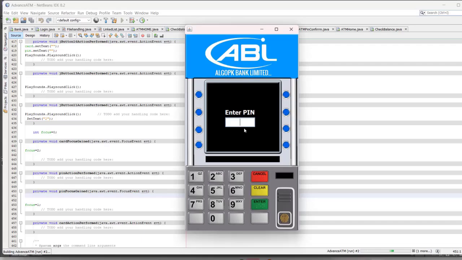You can see our system didn't know where we have to enter this text, because we have to create our own buttons. So if we click it here, how does the system know which is focused? That's why we create these two variables. And then what we need to do,